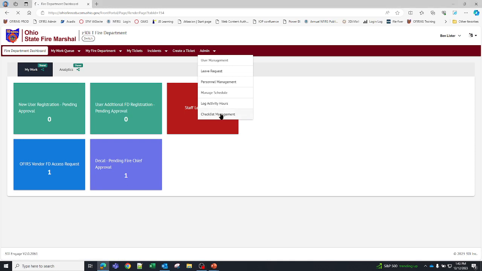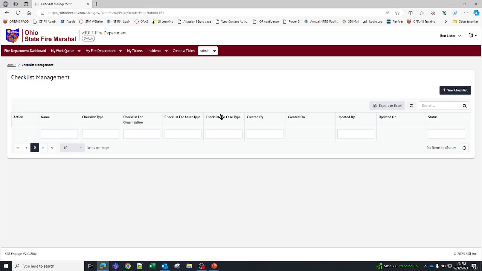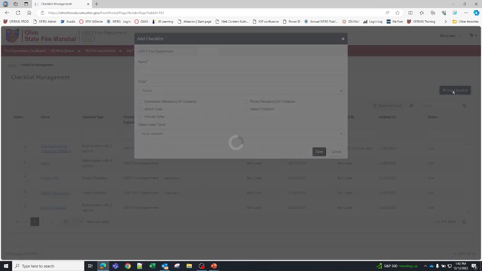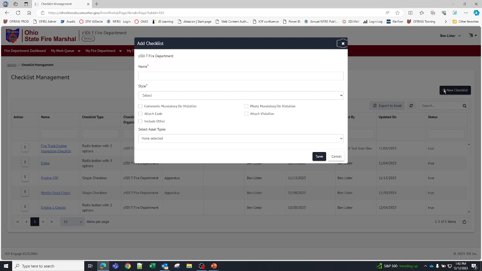Once you click on that, it'll bring you to the checklist creation screen. You can see it says Checklist Manager here, and here are some other checklists I've already created. Now you can use this for truck checks, or you can use this for station duties. You can create whatever kind of checklist that you want. Once you go to New Checklist, you'll hit the plus sign, New Checklist, and it'll bring you up to just